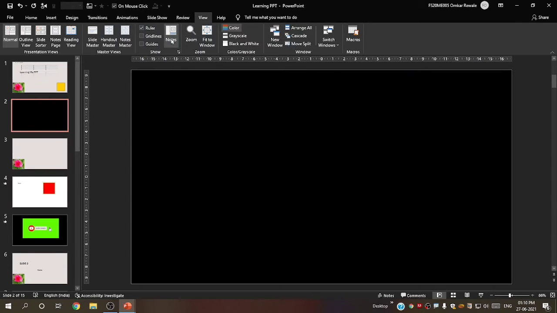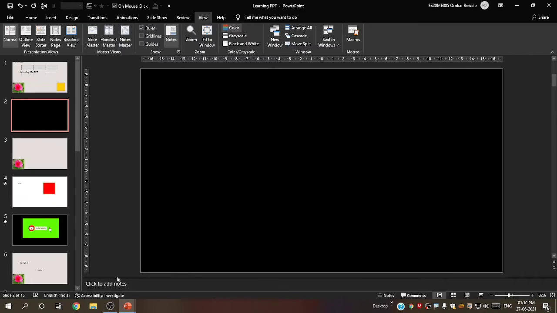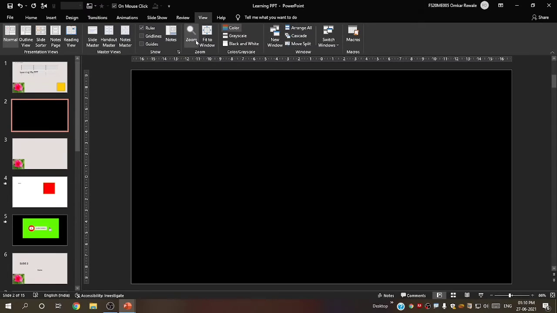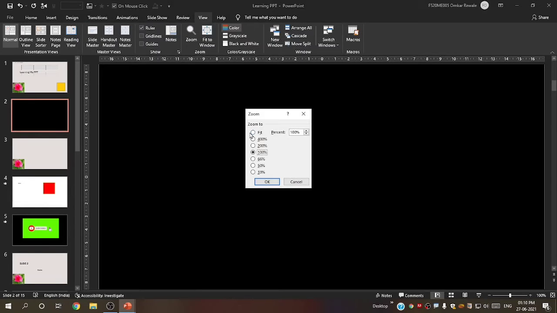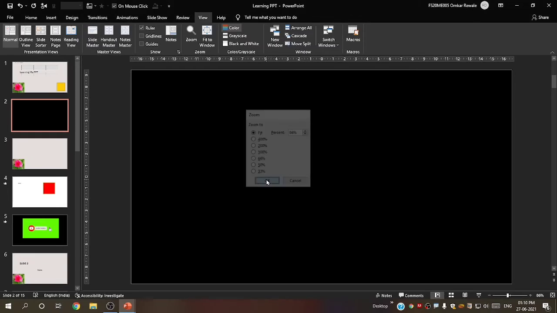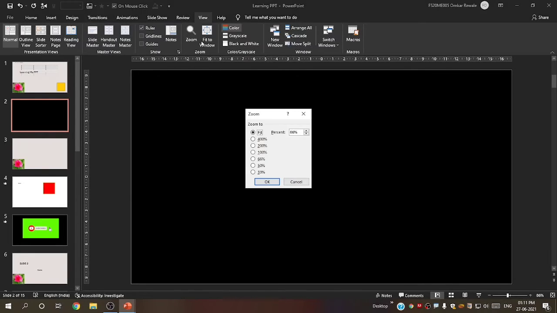Then you can add your notes for your presentation over here. So this option is provided for notes, or you can disable or enable it as you wish. Zoom is basically this option only. You can also zoom from here: 400%, 200%, 100%, let's say okay 100%. Then again you can zoom, again you can see fit to the screen, or else you can use this option also. Let me show you 200%.